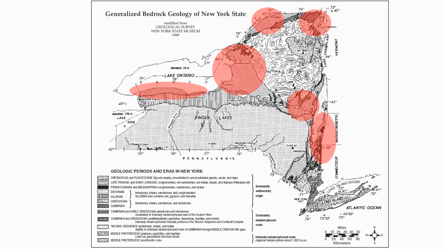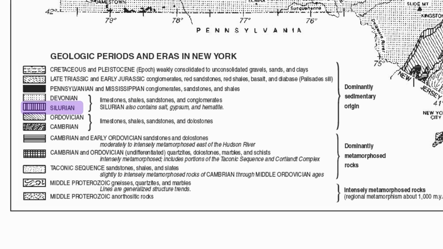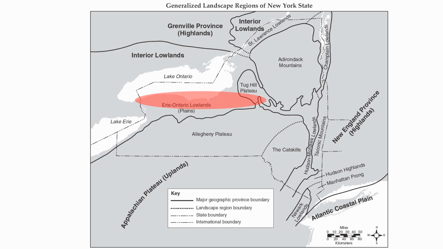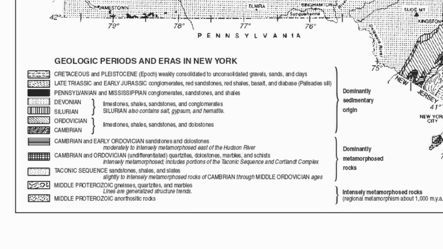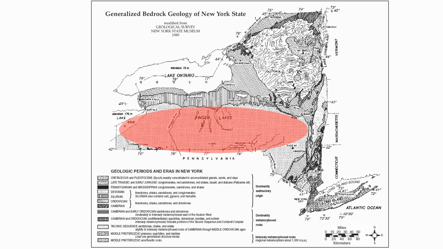So you can see that this type of rock, this age rock, is a wide variety all around New York State. So you can see that there's a number of landscape features that are going to house this type of rock. Next pattern up are going to be the vertical lines, Silurian age rock of limestone, shales, sandstones, conglomerates again. And that pattern is predominantly going to be found right here in New York State, predominantly in the Erie, Ontario lowlands. Next pattern up are the speckled pattern. This is again going to be limestone, shales, sandstones, and conglomerates, sedimentary rock, pretty much found right in this region right here,